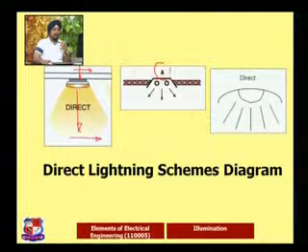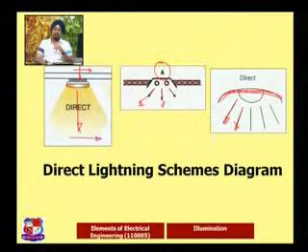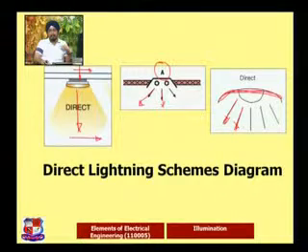Top is the source, and over here at the bottom we have an object, which can be anything. Similarly, the same diagram shows that this light is going to spread in all directions, which we can understand easily. This is one boundary, the curved line of the lamp. Direct lighting means all the rays are coming to the bottom or downward side. So the major light, 90%, will go downwards and 10% will spread outside, so the major focus will be onto our object. Such a lighting scheme is known as the direct lighting scheme.